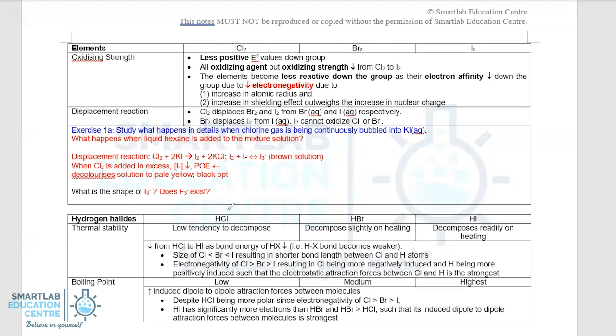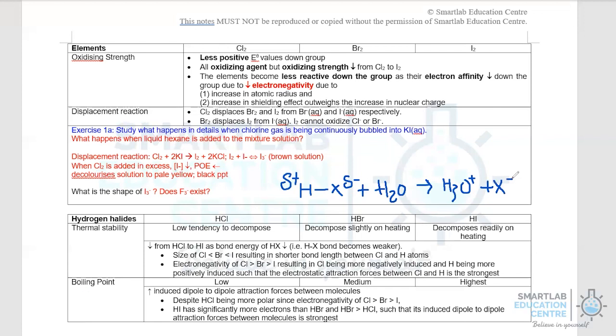Thermal stability of hydrogen halides. Quick introduction on hydrogen halides. The H to X bond is a single covalent bond, X being the halogen, which is highly electronegative, so it's highly delta minus, resulting in H being delta plus. So the molecule is polar, and they are highly soluble in water to form an acid solution. In fact, when they dissolve in water, you find them ionizing to form H3O plus and X minus,